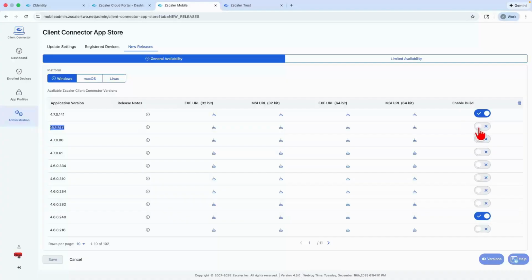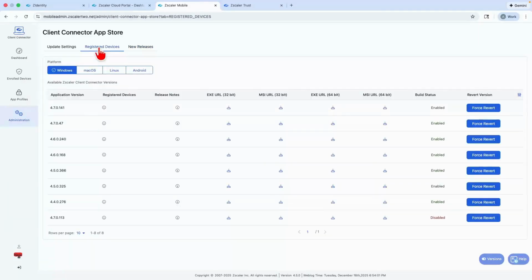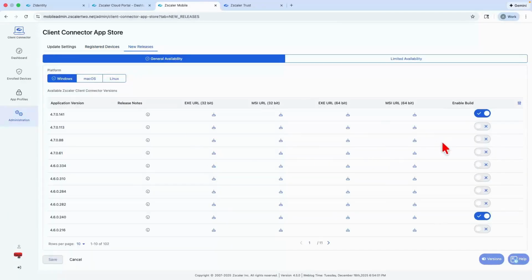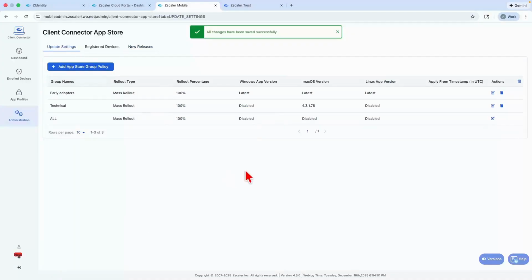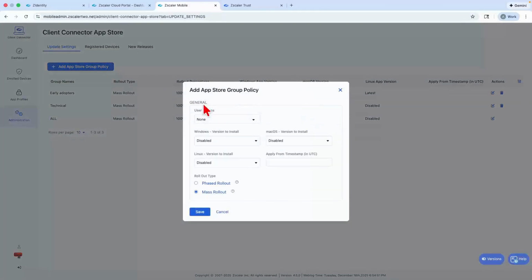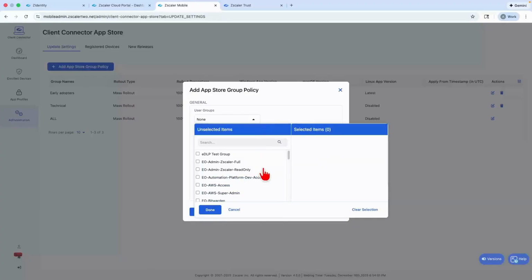So say I turn 4.7.0.1.13 on, but then I navigate to register devices, and back here you'll see that it didn't save it automatically. So if I want to deploy 4.7.0.1.13, I'll turn it on there and then I'll hit save. So now when I go back to update settings and want to create my group policy, it's going to show up here. So if I click add App Store group policy, I will want to pick a user group of